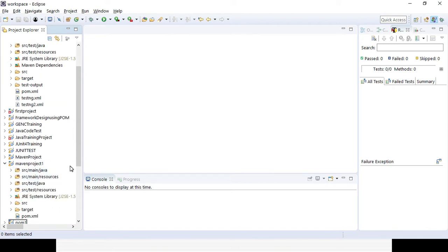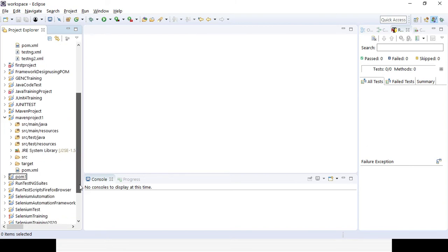You can see 4 different folders have been created. Whenever I talk about the framework, I will let you know the importance of every folder. In source main Java we can create all our base classes. In the test Java we can create the classes for the page object model, the base classes and page classes, and here we will be creating the test cases. In the resources we can create all the resources, either in the test resource folder or the main resource folder.